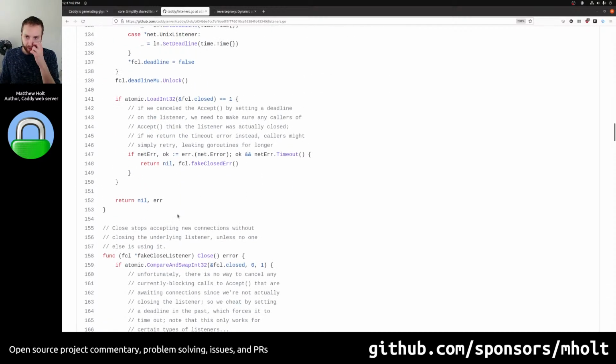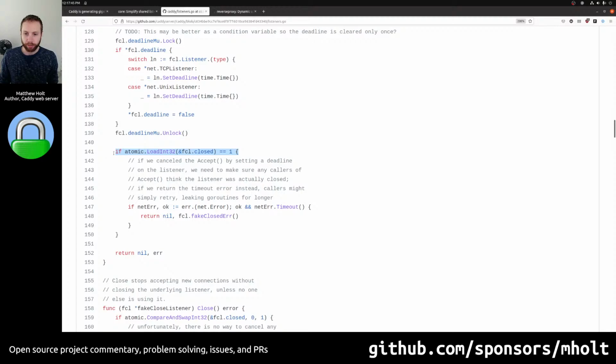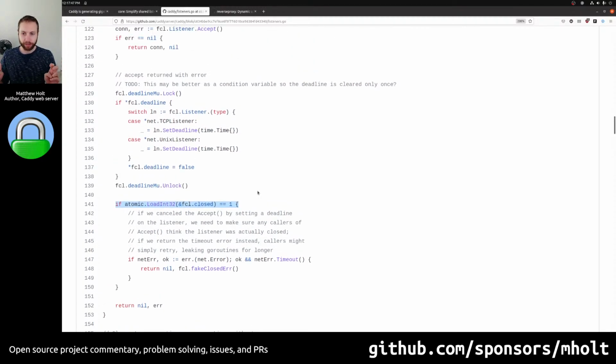So anyway, I think what we need to do is make sure that only the fake close listener where close was called and thus set the deadline is the one that clears the deadline. And that way it guarantees that the old server has returned from its accept and guarantees that it's also the one to clear the deadline. That way the new server can keep running. And it might not even bump out of its accept with an error and wait a few milliseconds. It might just stay in its accept. It just depends on the kernel and the timing of things. So in the new code,